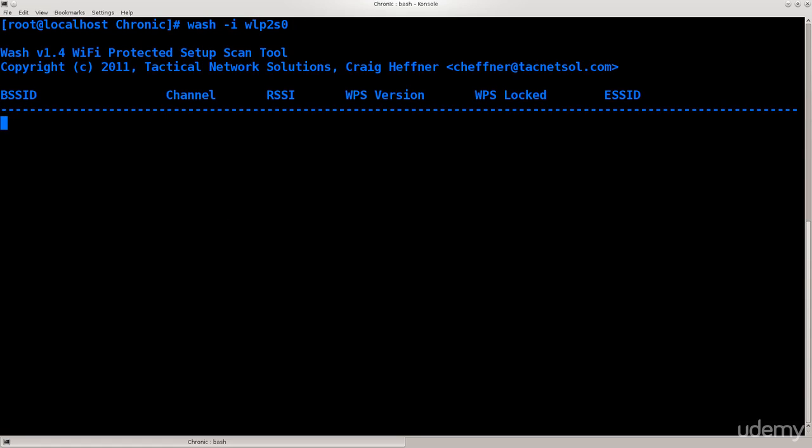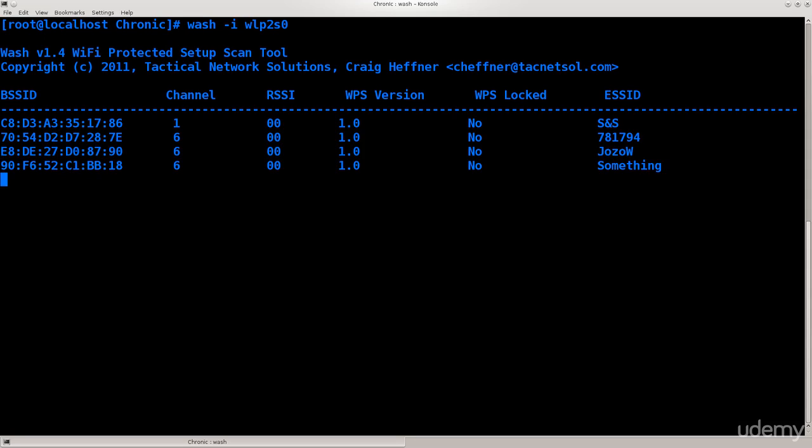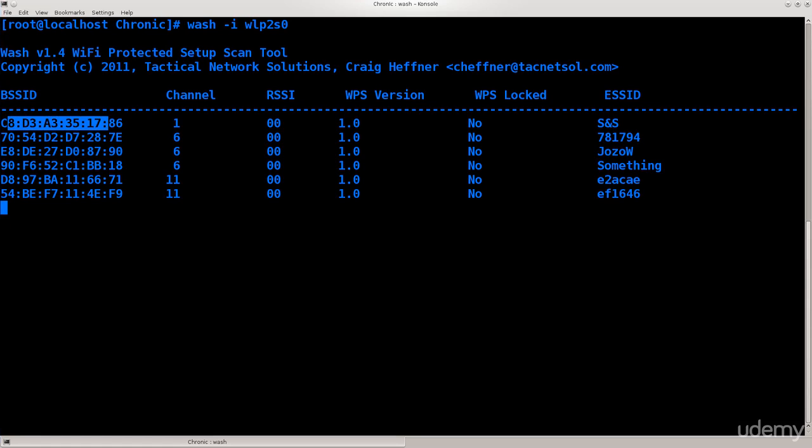Let's just go ahead and continue and let's start the scanning process itself to see what we can actually attack, what wireless access points here are vulnerable, and what we can actually do. If you take a bit of a closer look, here you will see the BSSID, which is basically the MAC address of the access point. Here you can see the channel,